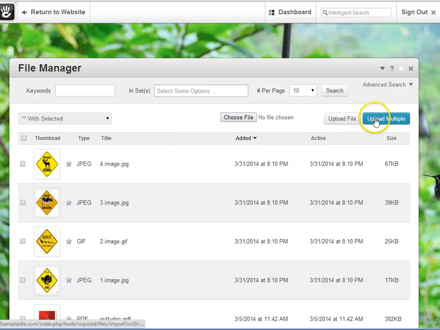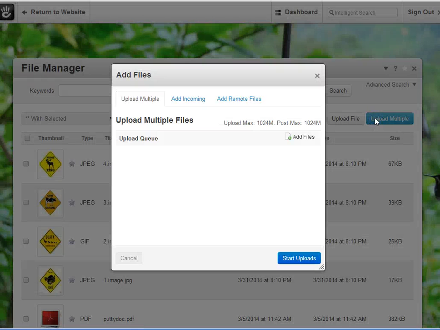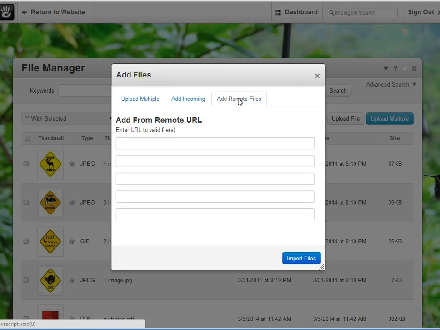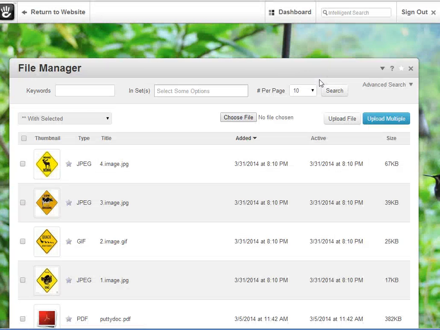Some of the other options that you have will help you upload files from more complicated locations. For instance, adding a remote file. When you select that tab, it asks you to enter a URL. And there's several spaces, you can do multiples. The URL of a valid file. Well, where would you find that? Let's take a look. For instance, if we were to take a look at one of the images that we just uploaded